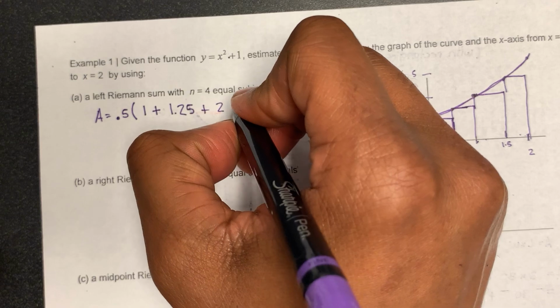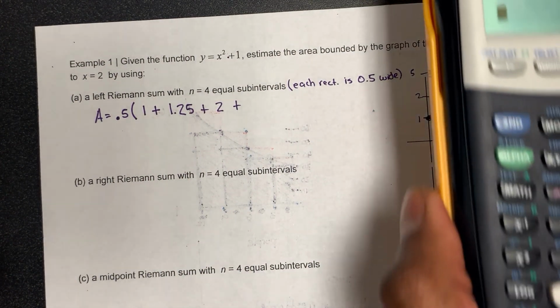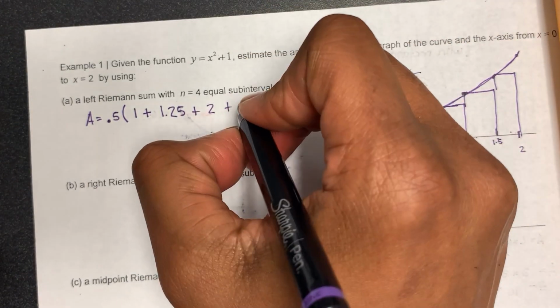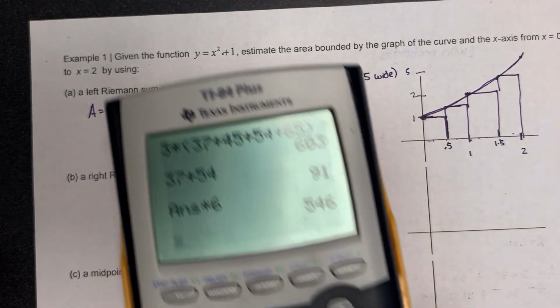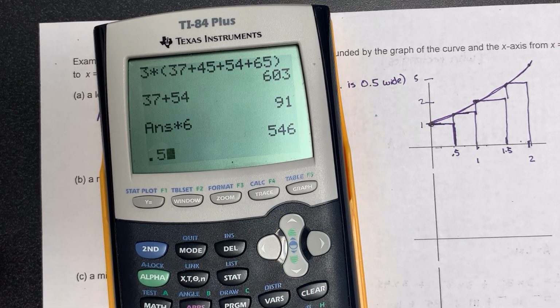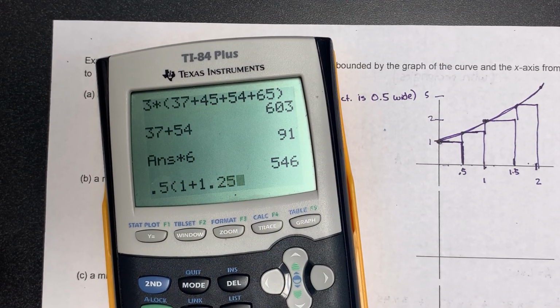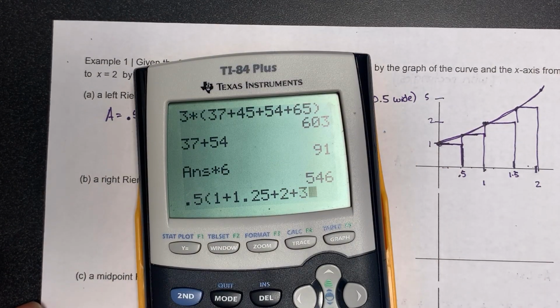So 2, plus at 1.5, 1.5 squared is 2.25 plus 1 is 3.25. So 0.5 times 1 plus 1.25 plus 2 plus 3.25